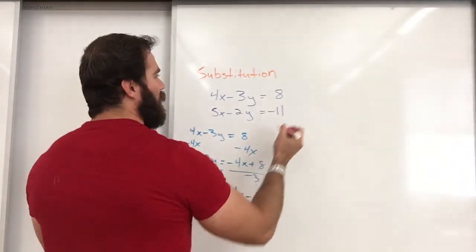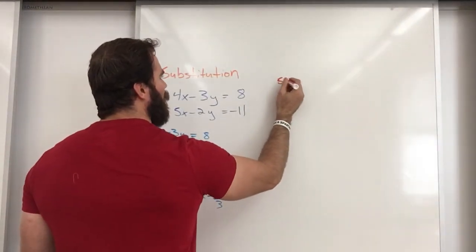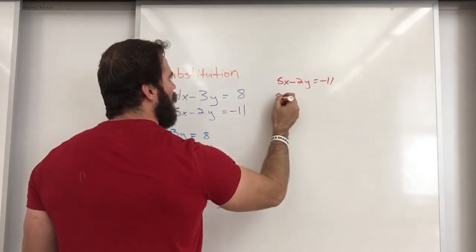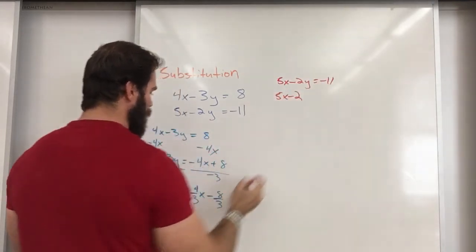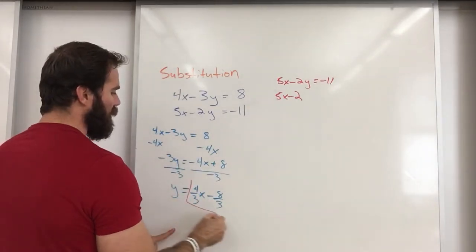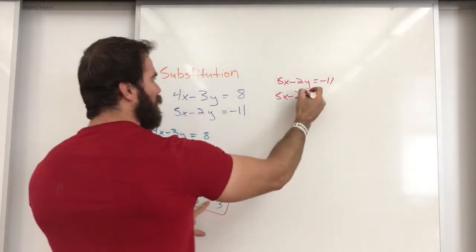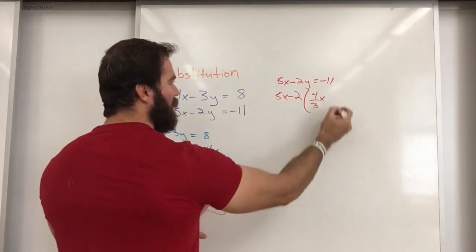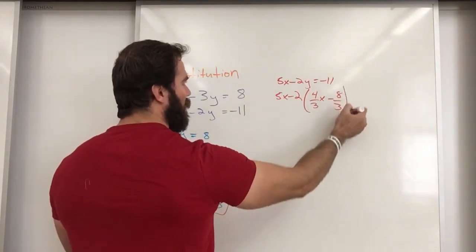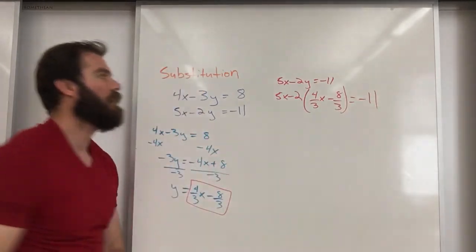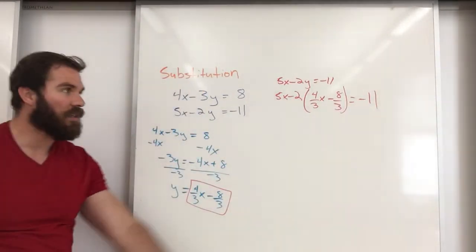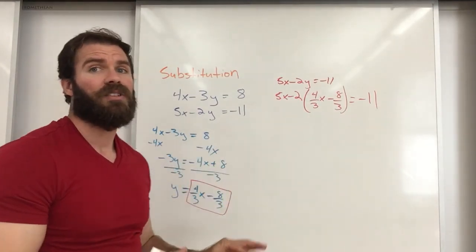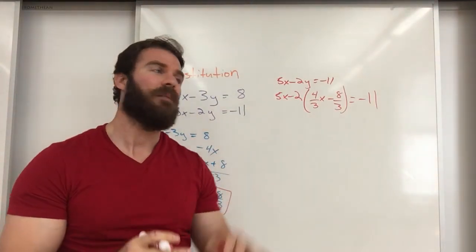Okay? So I'm going to write down my equation and now plug in my expression that I solved for y. So we're going to multiply 5 times (4/3 x minus 8/3) equals -11. Now this looks weird, right? Because there's a bunch of fractions, but it's doable. You can do it. Just take your time, think about